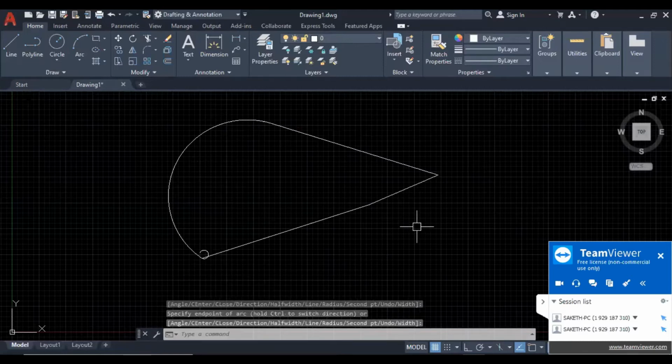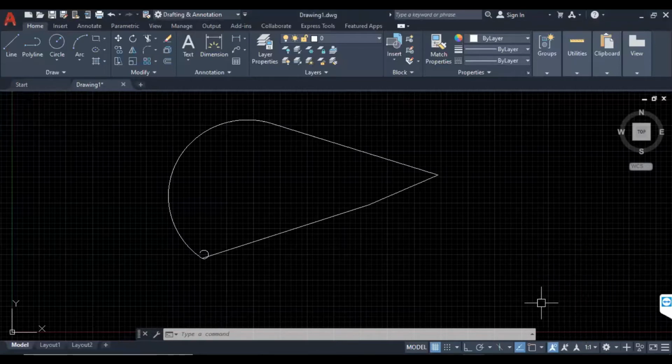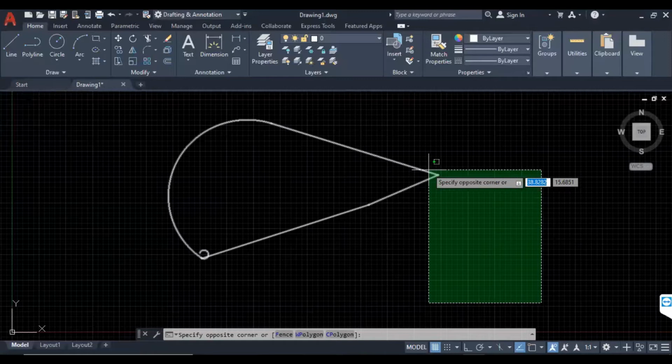This is one example of how we can generate any segments or any entities. That's the advantage of the graphical user interface.